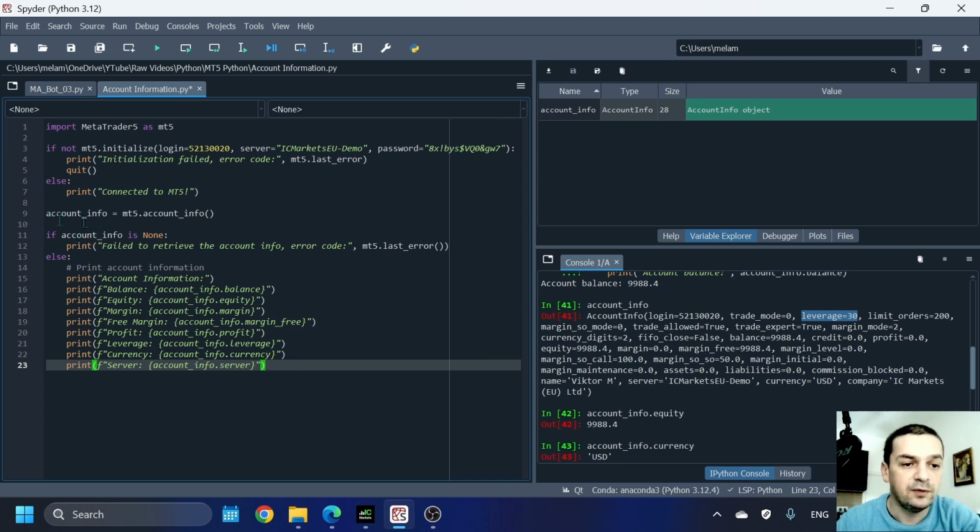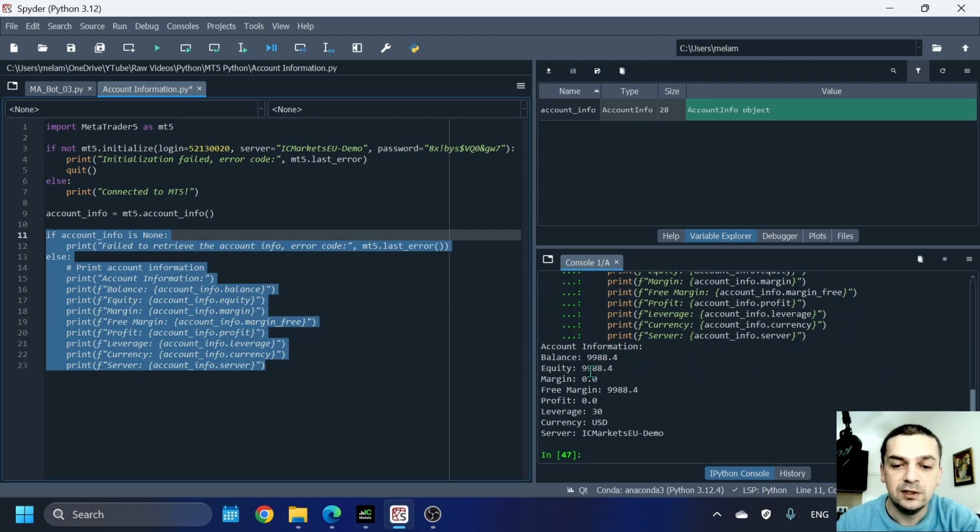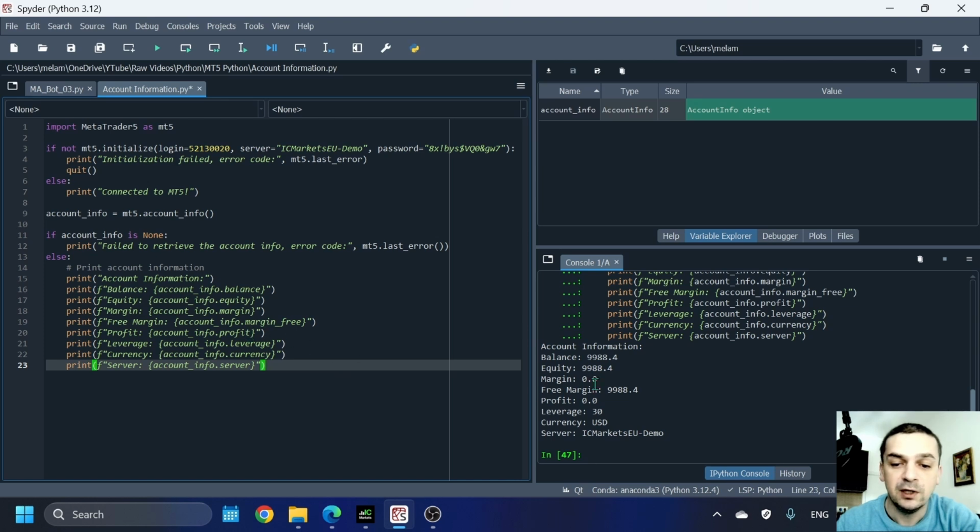So I have deleted here the unnecessary piece of code, and I have only my account info variable active, and all this information inside different print statements. Let me run this code, and here you can see once again all this information as print statements. Of course, if you write a trading algorithm, you will access this information dynamically. If you want, for example, to use some risk controls related to your equity, you can constantly retrieve your account